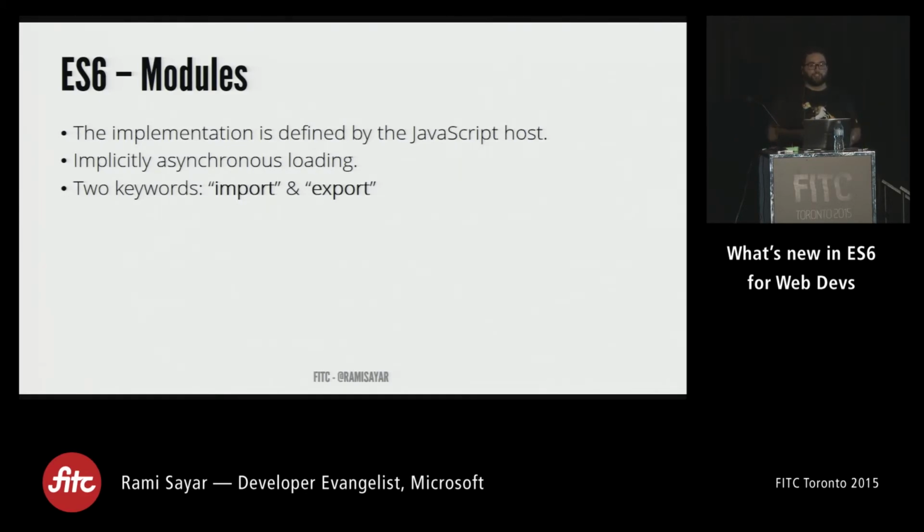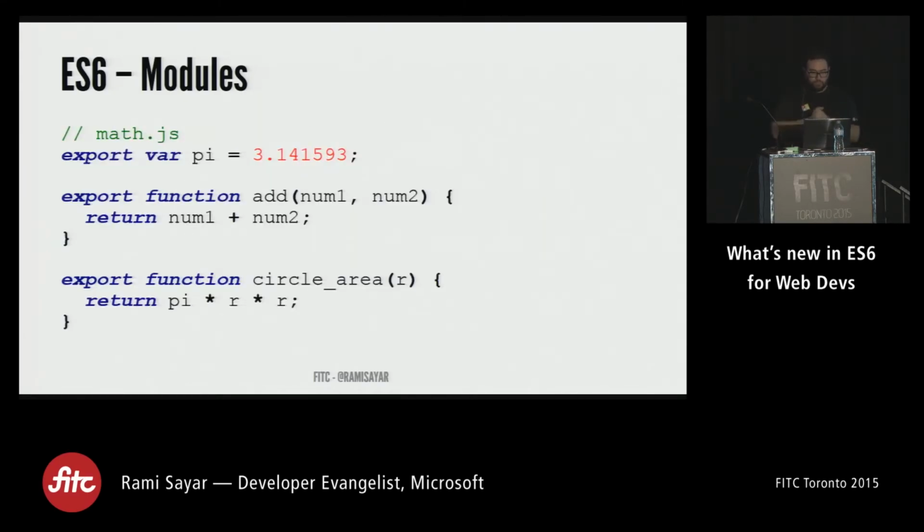And there's two keywords that are going to be introduced: import and export. Export, obviously, if you've perhaps seen Node.js, you'll recognize this. It's the way that we're going to export something out of a module. Let's say that I created a math.js file. All right. If I want to export the variable of pi, I would just write export var pi. And if I wanted to export a function called add, I would write export function add. And if I did this, and I've exported all of these functions, when it comes to importing it